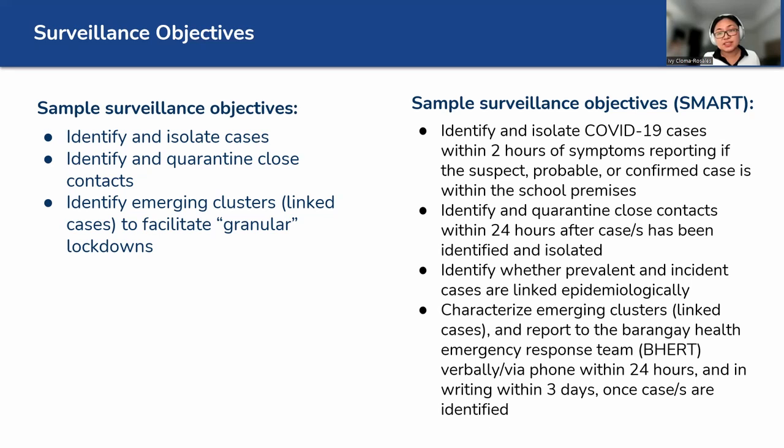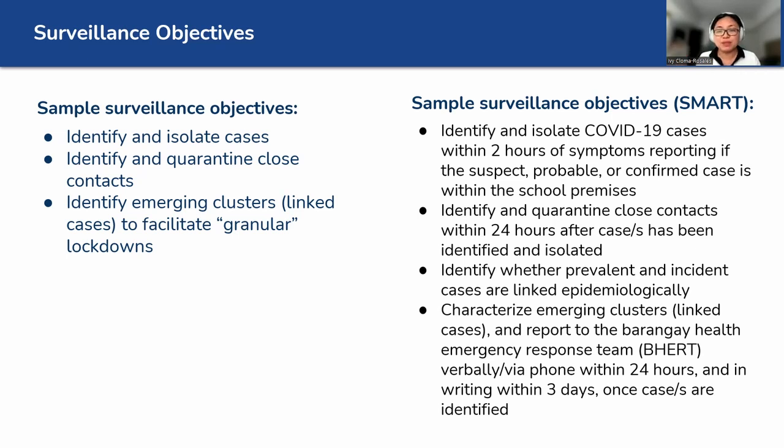Sample surveillance objectives. Maybe we can improve this through SMART. Maybe we can change identify and isolate cases as identify and isolate COVID-19 cases within 2 hours of symptoms reporting if the suspect, probable, or confirmed case is within the school premises. Okay? Then the second one, maybe we can tweak it a bit and say, identify and quarantine close contacts within 24 hours after the case has been identified and isolated. Number 3, identify whether prevalent and incident cases are linked